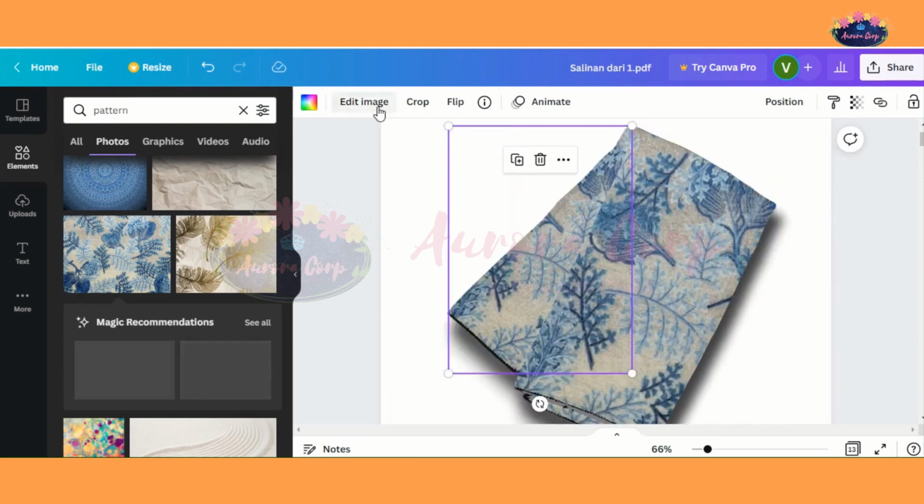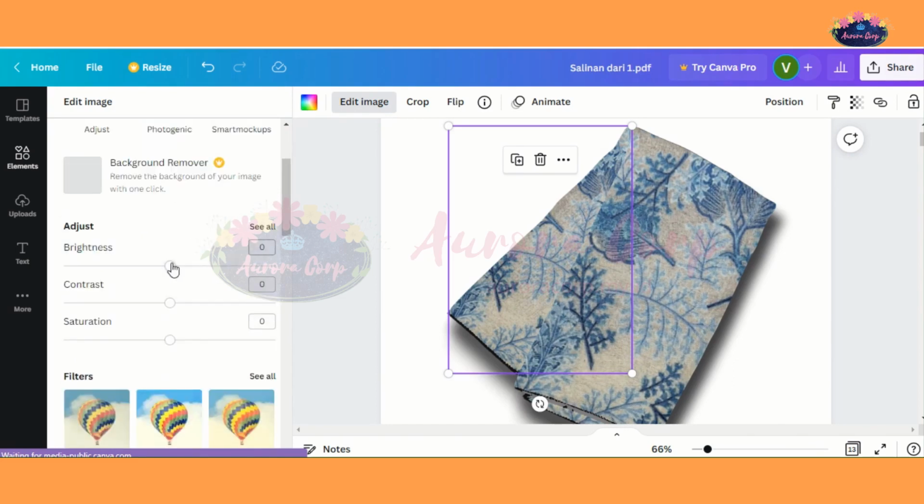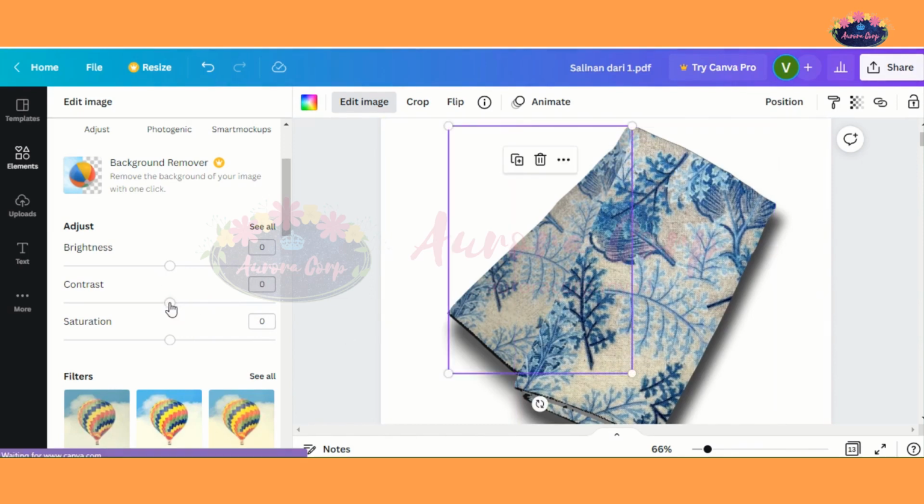You can also adjust the contrast here as you want. Or things like this, so it will be more